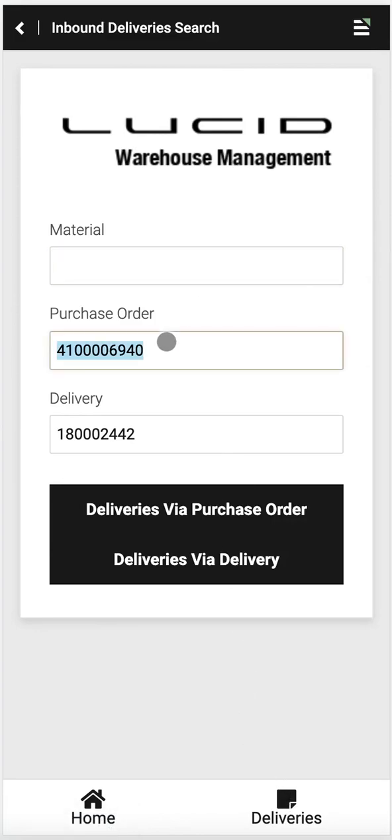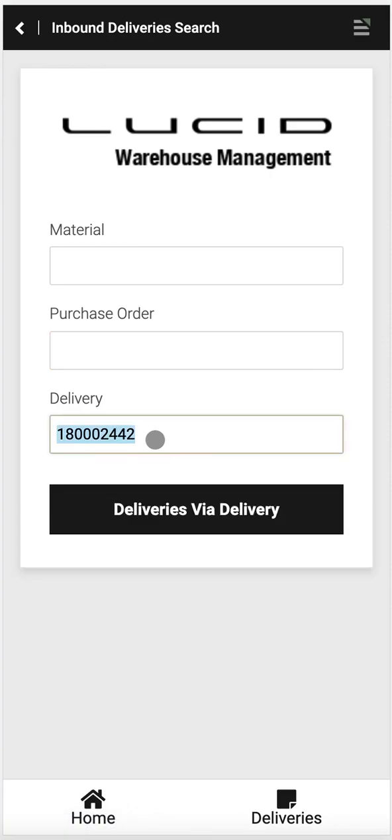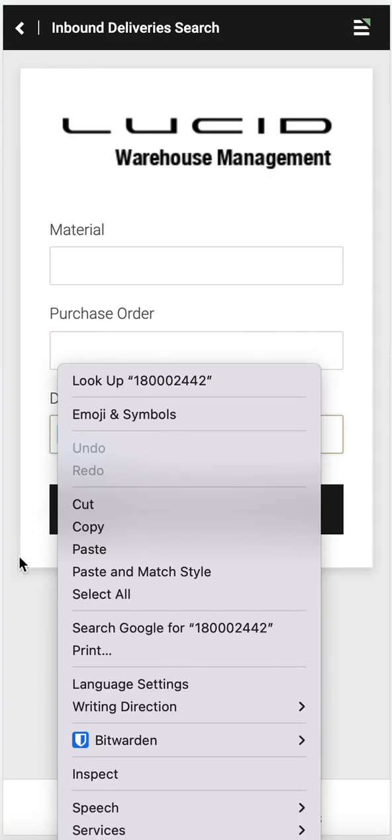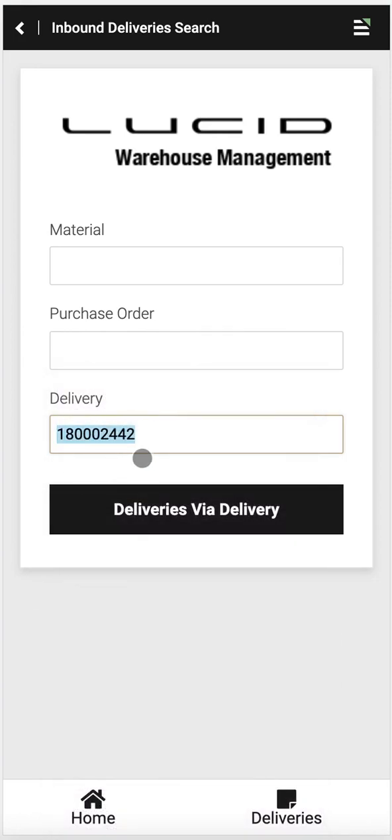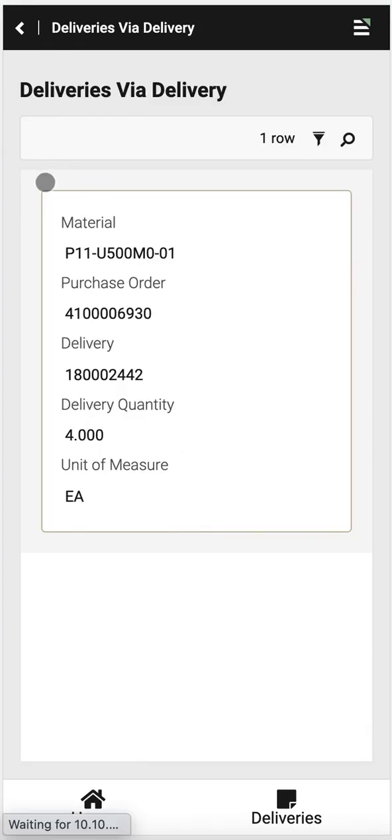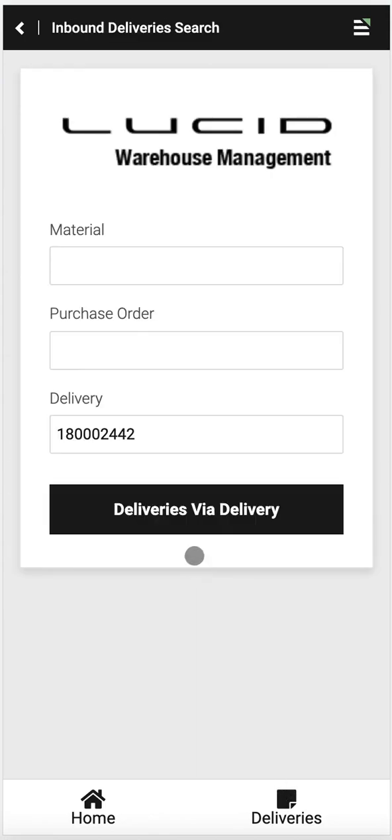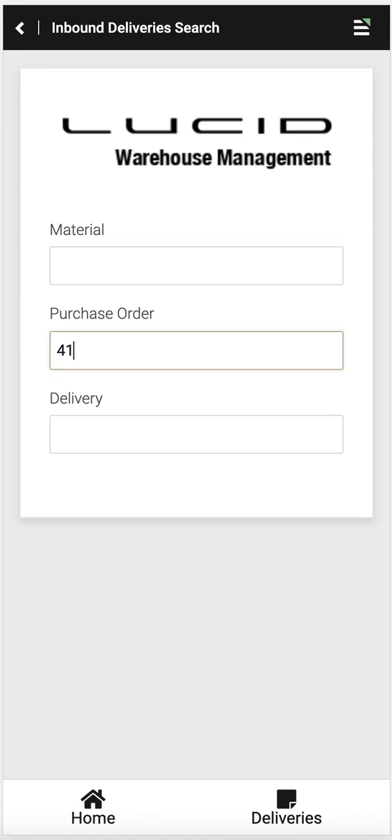We'll get rid of some of these field values because we only need one or the other. So let's take this delivery and let's enter here and let's see what labels were created or what delivery was created here. And then you could see this information for that delivery. Again, if you come back to this delivery page and you want to search on the purchase order that we did one for, or one that the user might know,